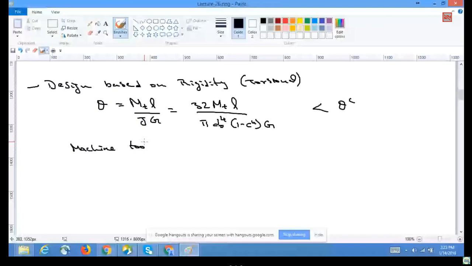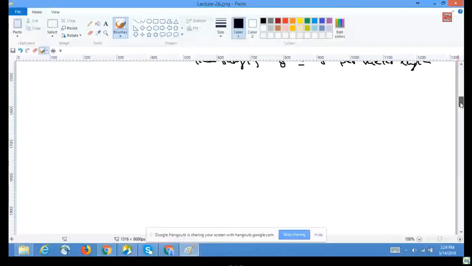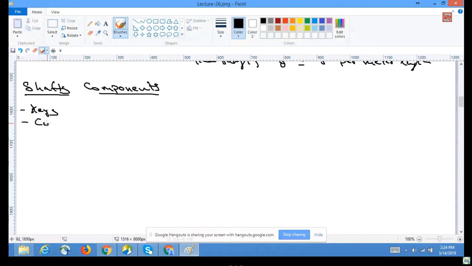The shaft components. The shaft components are, first one is keys and the second one is couplings. So in today's class, we'll talk about these two, and then we will also see how different keys and couplings are designed, and using the design procedure, we will try to kind of take up a few examples to design the shaft components. So to start with keys,